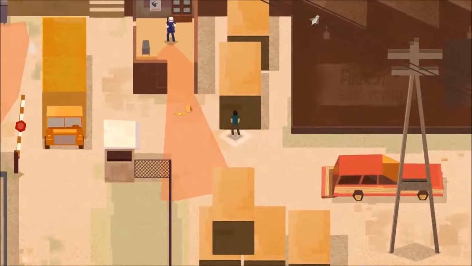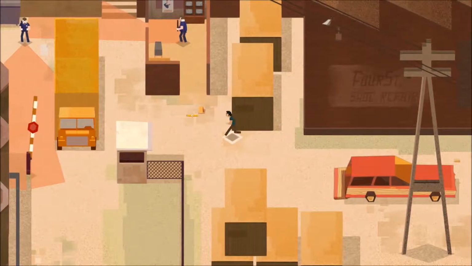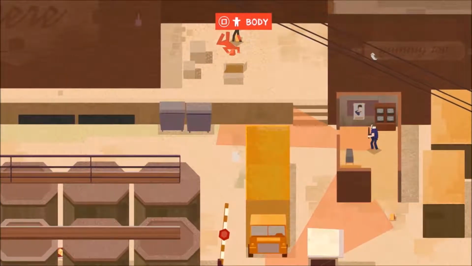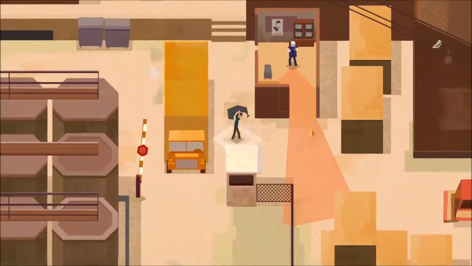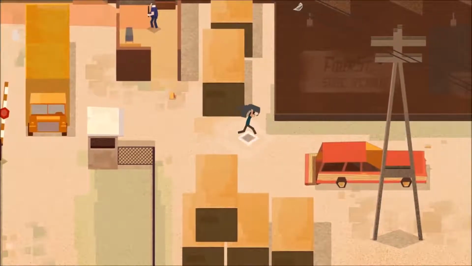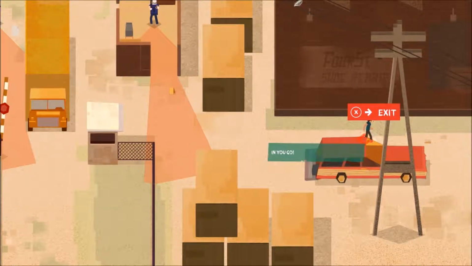This is Serial Cleaner from iFun for All and published by Curve Digital. I think this is iFun for All's first game and it's running on the Unity engine. So this is a stealth game set, I think in the 60s or the 70s, whenever flares and mustaches were popular for unironic reasons. You play a cleaner working for various criminal interests, and your job is to